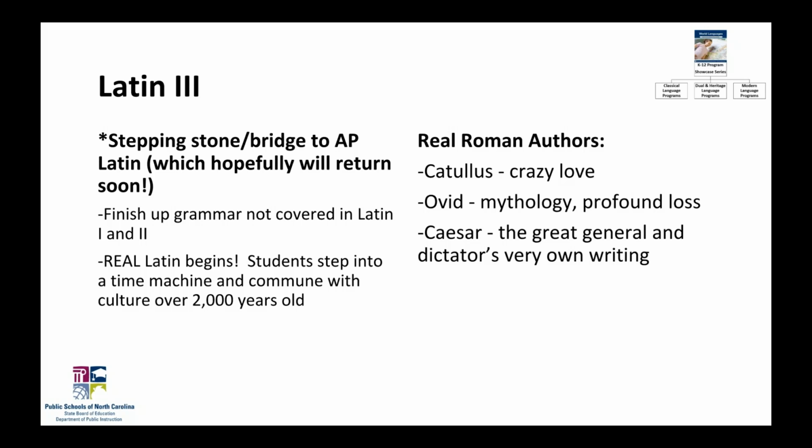And the first thing that we throw at them is Catullus, who writes about crazy love. He was already a little bit crazy, and then he met someone who was even crazier, and they drove each other crazy. So it's a little bit of ancient Jerry Springer. And I think love is a timeless topic, and I think it's very relevant, especially for our adolescent audience, who are all experiencing some of these things in very intense ways for the first time in their lives. So I think that hits home.